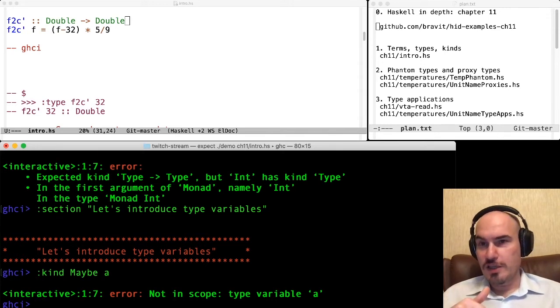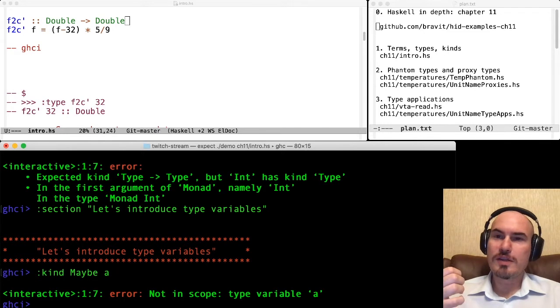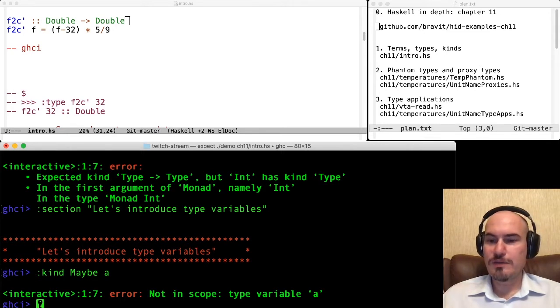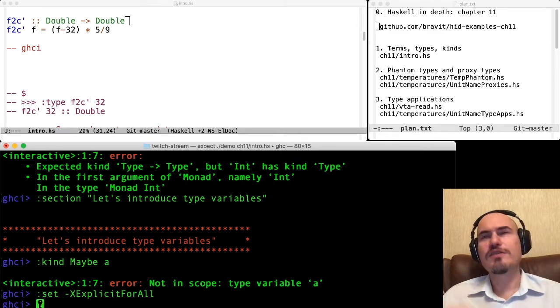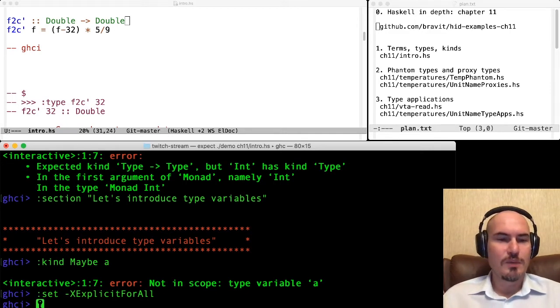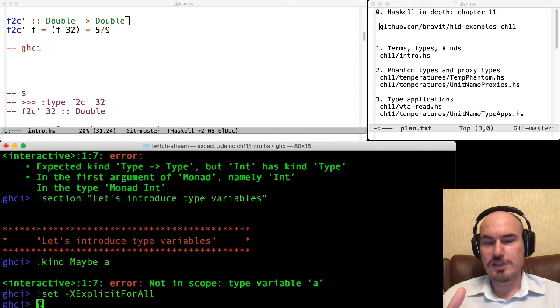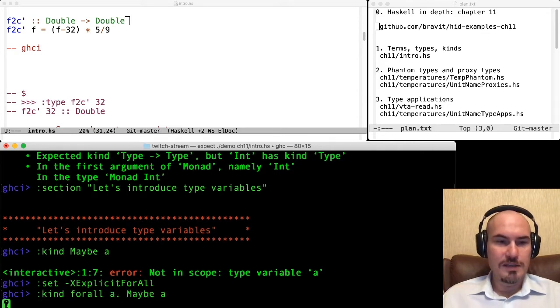But what we can actually do is introduce this type variable and ask for a kind. We can do that with one of the extensions. There are several extensions which enable this functionality, for example, the ExplicitForAll extension. If we set it, then we can introduce this variable a with the following syntax.